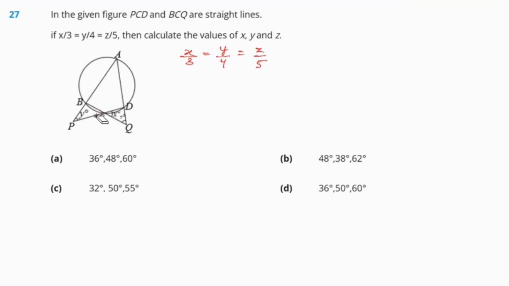We are supposed to figure out the value of x, y, and z. Okay, so for this, since this is a cyclic quadrilateral only, what we can see is this is x and this is z. Okay, so if we are going with the triangle BCP and triangle DCQ,